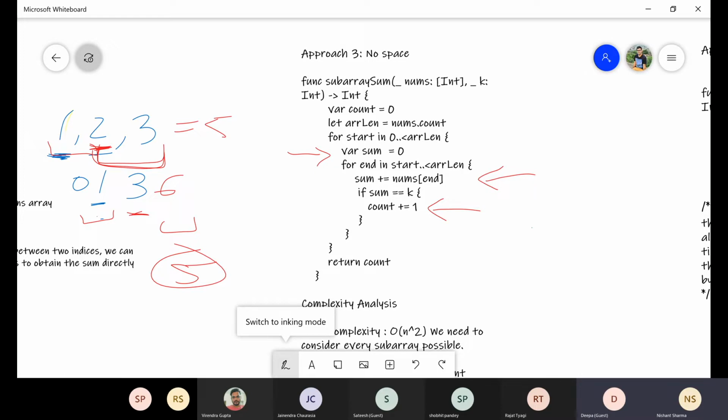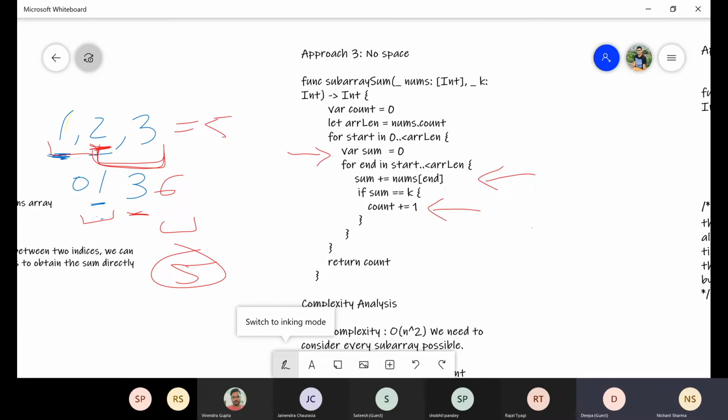And then we compare with k. So in these three solutions, we reduced from order of n cube to order of n square with space complexity. Then we reduced from order of n square time with order of n space to order of n square time, but space becomes order of 1.